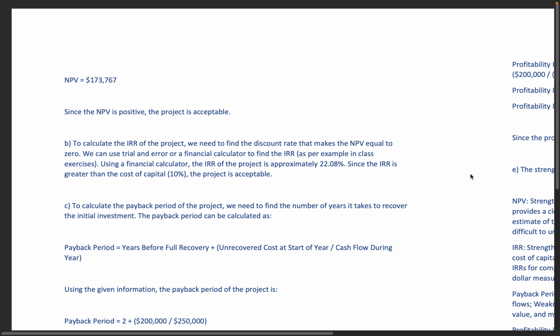Okay, so if you want to know how to calculate the IRR, can I ask you to just return to the class notes and you'll see an example of how one is calculated there. But I would rather that you understand the value of IRR and why we use it alongside or in place of NPV. It's simply because it gives us a number, a return figure, which is easily communicable to our